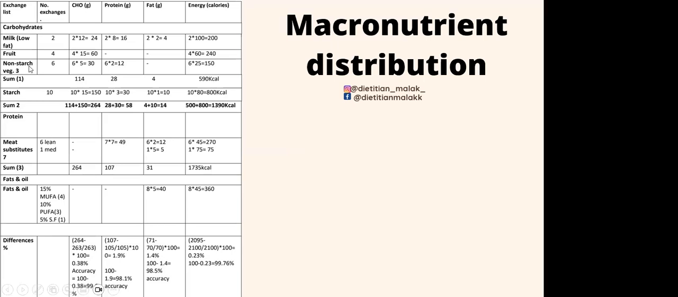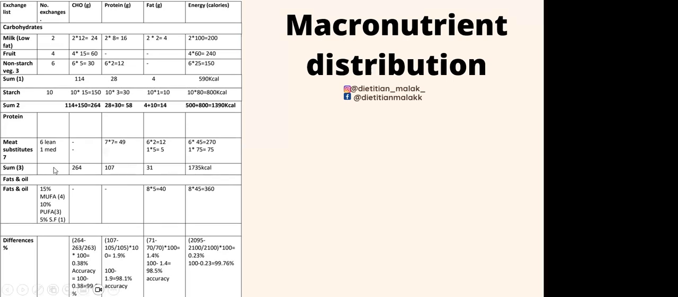Non-starchy vegetables, I'm not sure if I can highlight. Okay. The fruits and non-starchy vegetables both together add up to 10. So 4 and 6, which is what we mentioned at the very beginning. We want to increase the fruit and vegetable intake. And then for the meat substitutes, we went for 6 exchanges of lean protein meat. Why? Because it's a soft diet. You want to make it easy for the patient to chew as well as swallow and just eat overall,